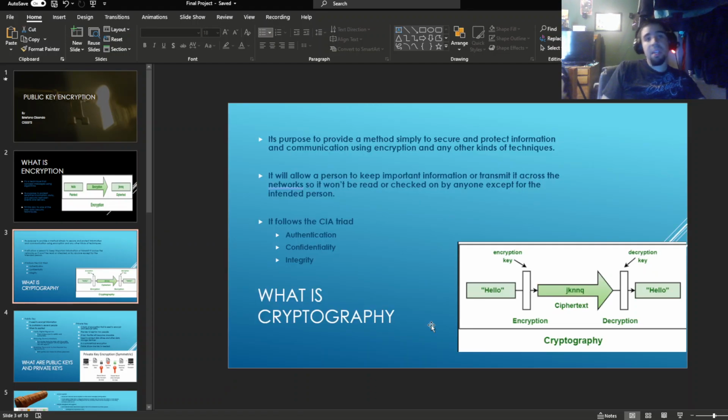Now, cryptography is more of a communication technique for two people. So, for cryptography, say Bob has the hello message, and he wants to send it to Sally. But in order for Bob to send it, he would need to use a key called an encryption key. Once he uses the encryption key, that message would be turned into a ciphertext,